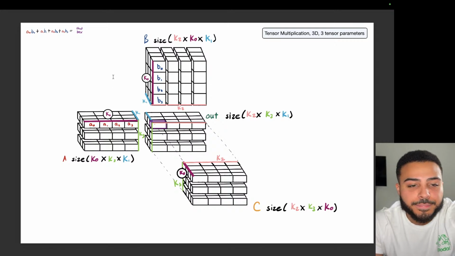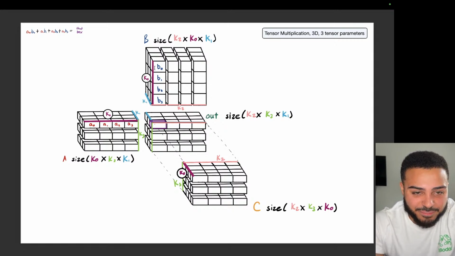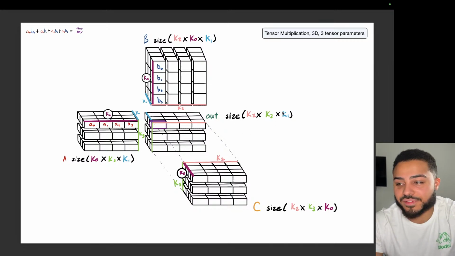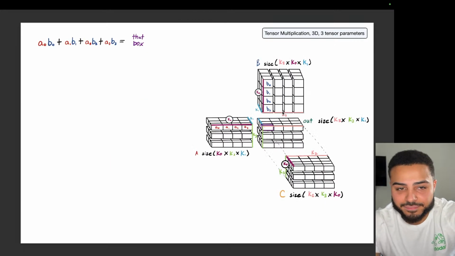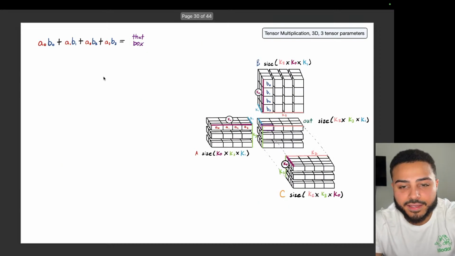You picking up what I'm putting down? They all share K0, this purple line, and the output tensor is all the other dimensions. It all just lines up perfectly like that. It's cool, right? Okay, so this formula we tucked away in the side, let's bring it back and let's expand